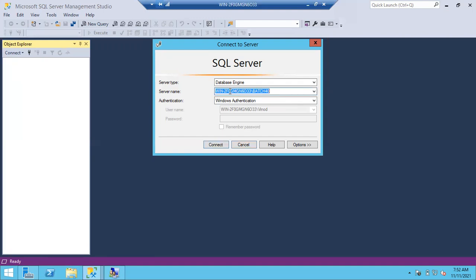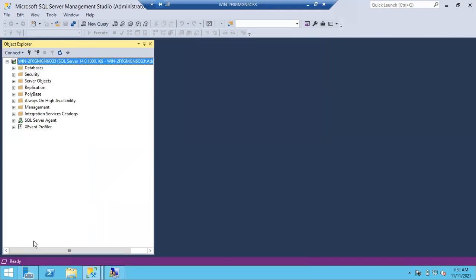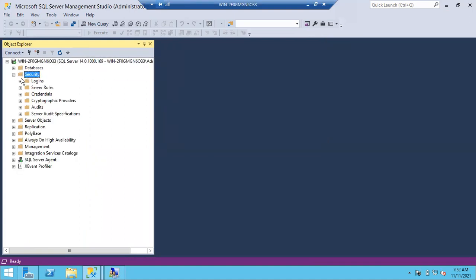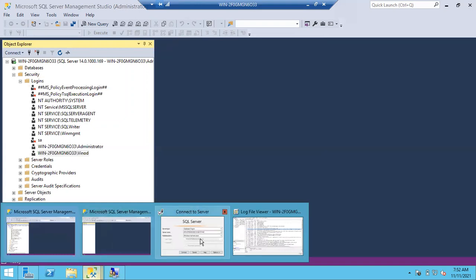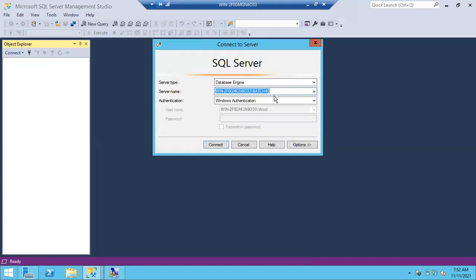This is a named instance, guys, not the default instance. Batch 40 is the computer name. Yes, Vinod is created in the default instance. Under Security you can see the Vinod login listed. But unfortunately, I also did not check the server name. Vinod is trying to connect to the batch 40 instance.